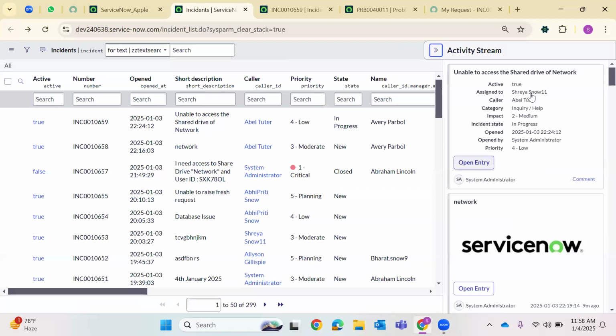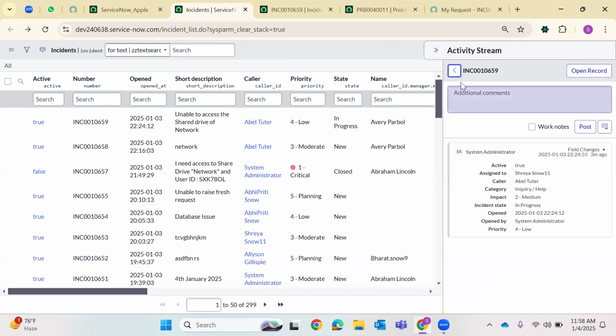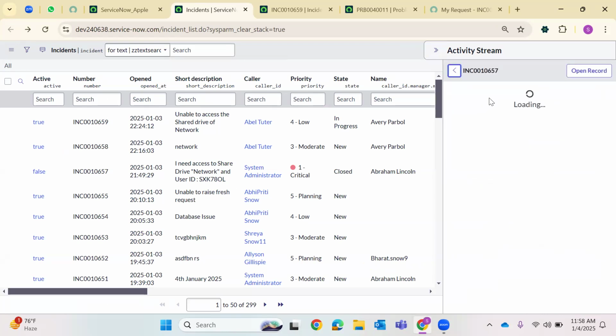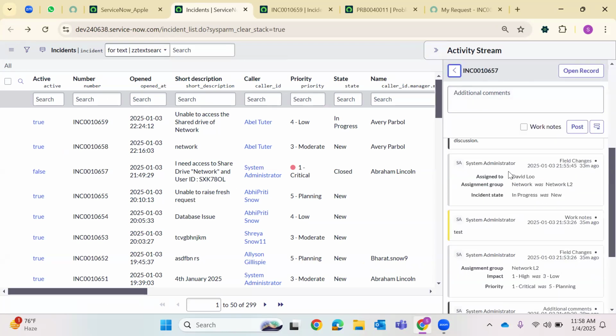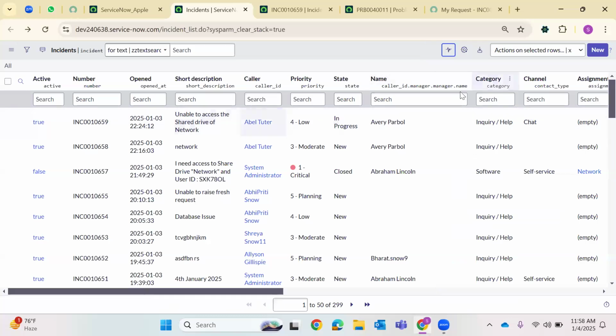Yeah. This is the activity, and if you want to see what the incident number is, you can open that particular instance. See, this is 659. If you scroll down, this is for some other entry, 657. You are able to see the activity is also available on the list view of your incident table. Okay, here also you can add a tag, so you can just click here on the gear icon,